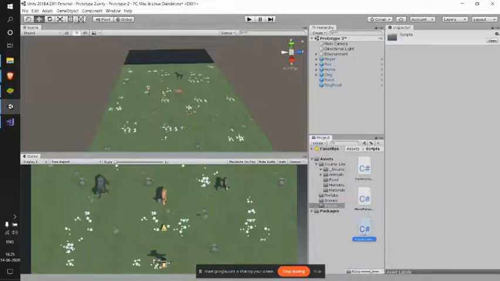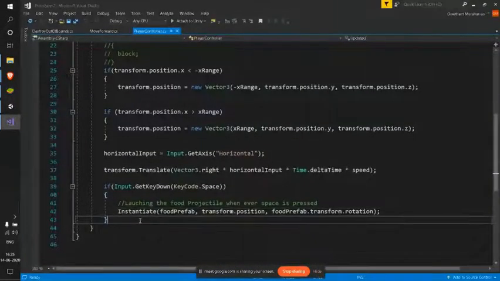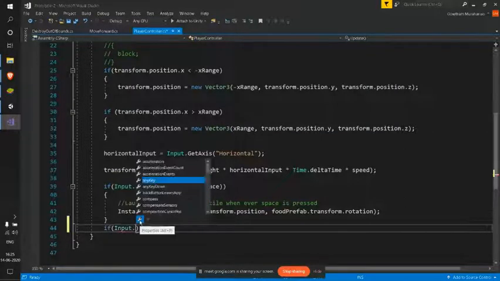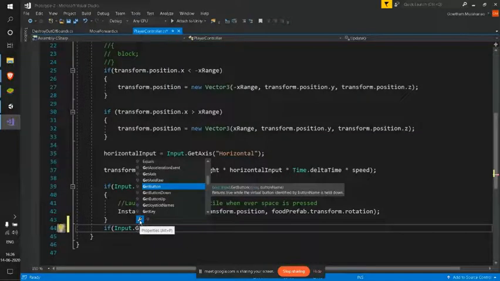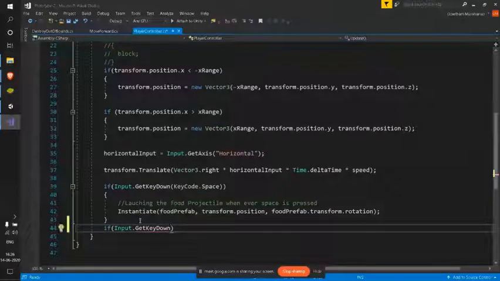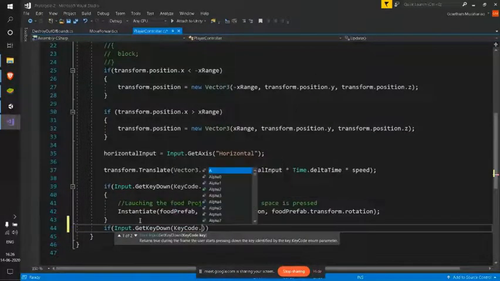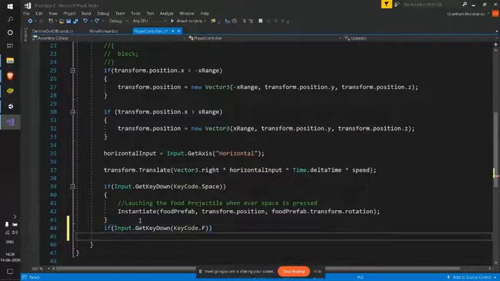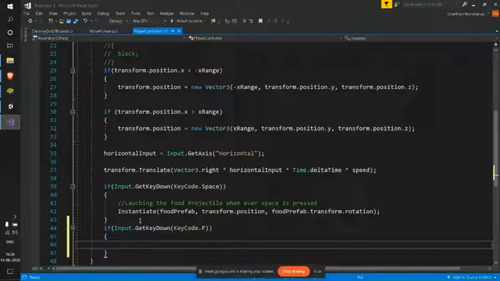So let me go to my player controller and in here say, this time if I press my F key, I need to instantiate this. So I'll be using my get key down, and this time key code dot, do I have F here? Yes. Okay, I have created my if statement, but now I need to have the reference to my game object, right?